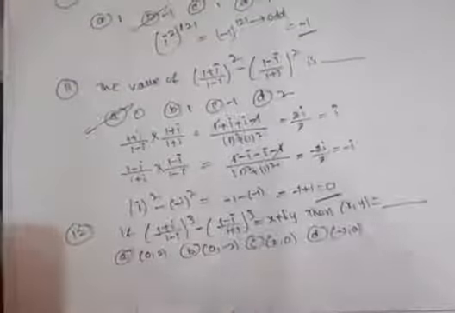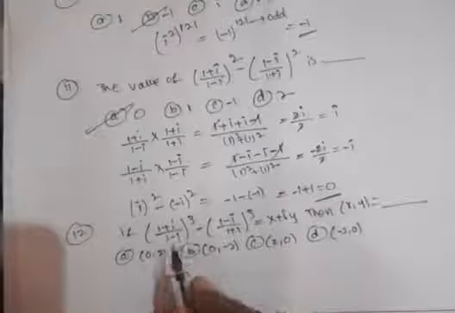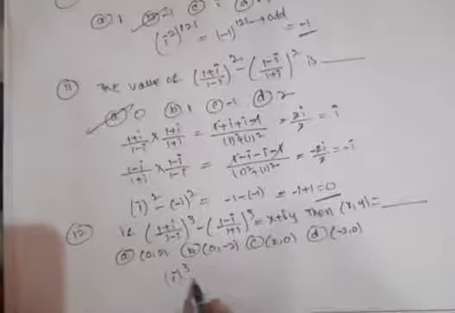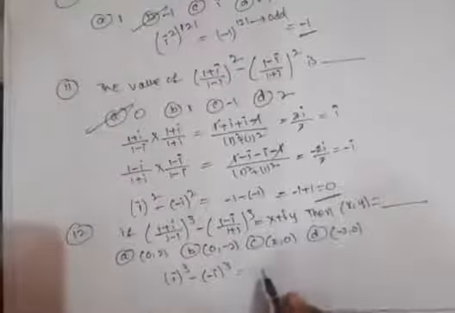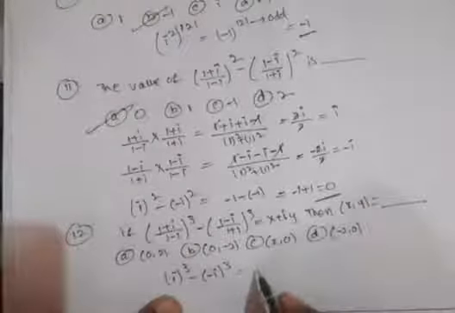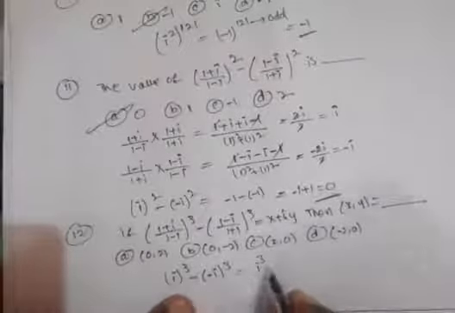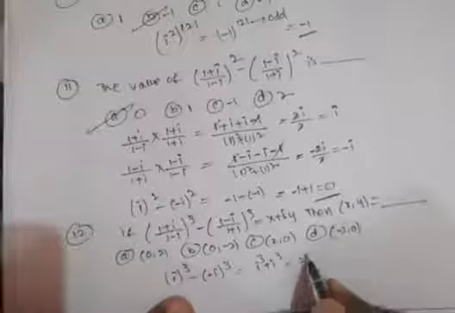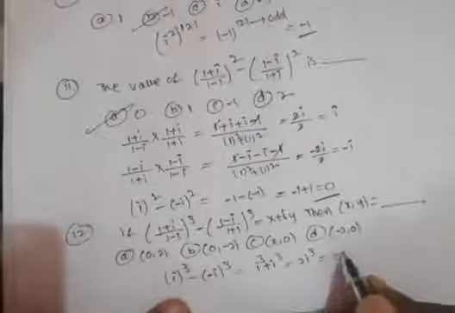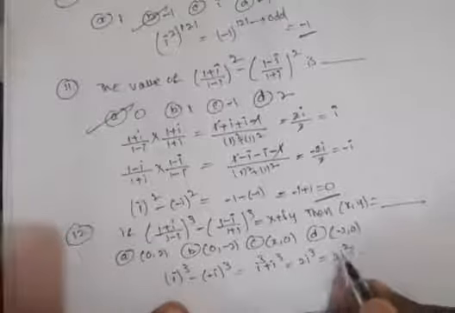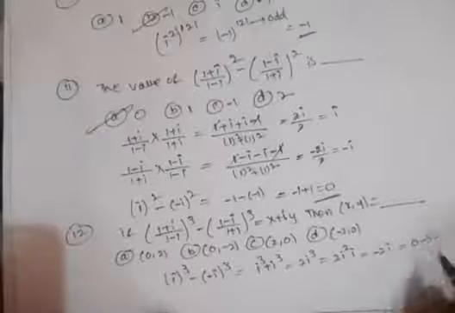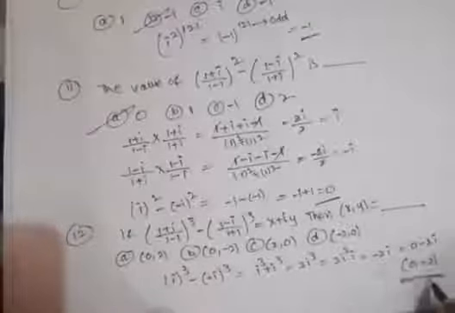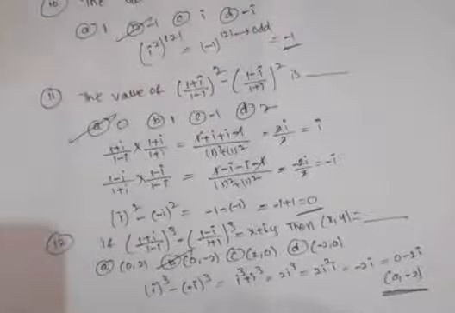So already we know this one. 1 plus i by 1 minus i is i, so this is i cube minus minus i whole cube, that is i cube means i square into i. Bringing the minus inside, it becomes plus i cube, that is 2i cube, 2 into i square into i. i square is minus 1, so minus 2i, that is nothing but 0 minus 2i, 0 comma minus 2. B is your answer.